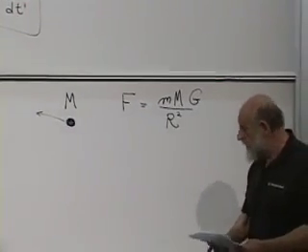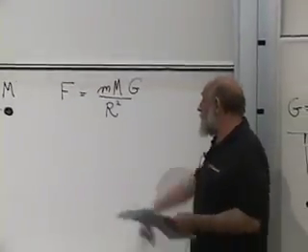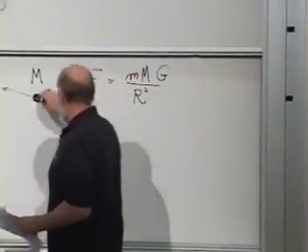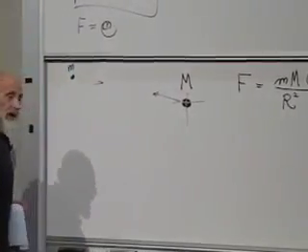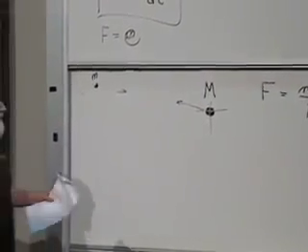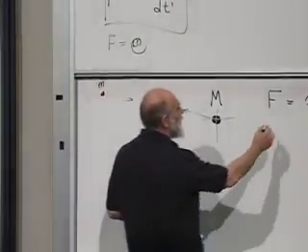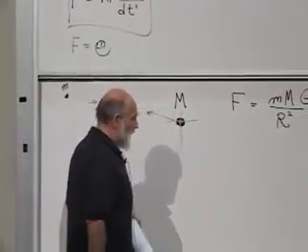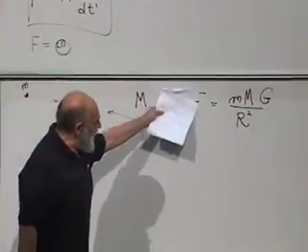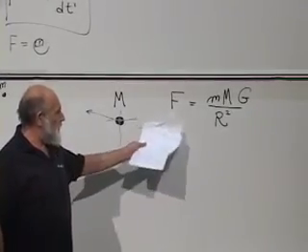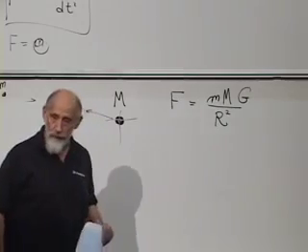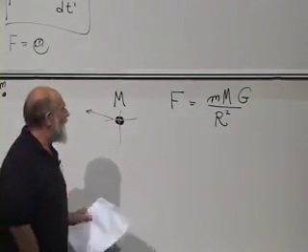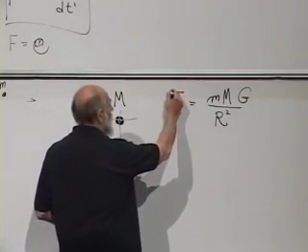For simplicity, let's just put one of them, the heavy one, at the origin of coordinates and study the motion of the light one. Incidentally, let me refine this a little bit. As I've written it here, I haven't really expressed it as a vector equation. This is the magnitude of the force between two objects. Thought of as a vector equation,